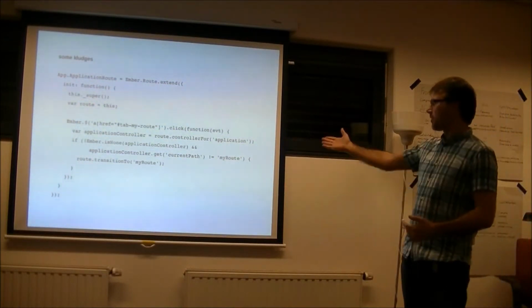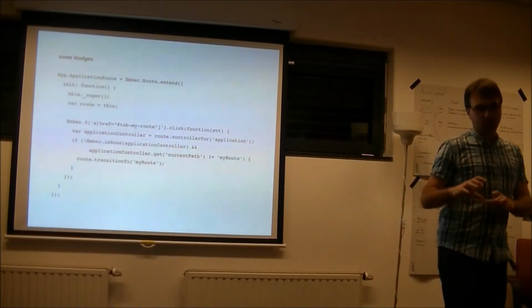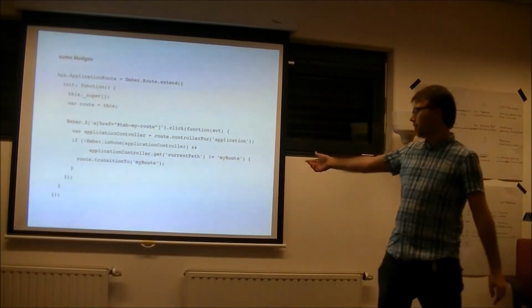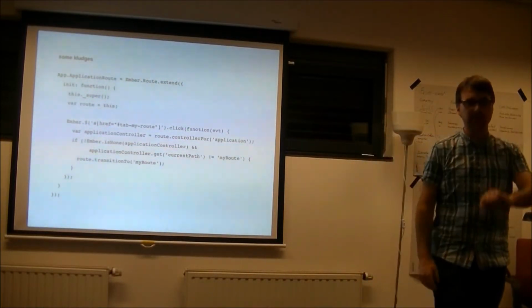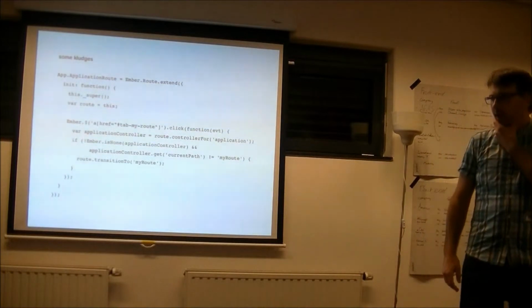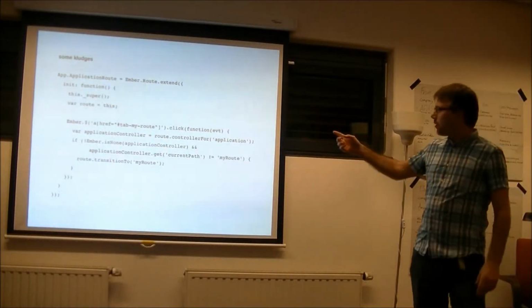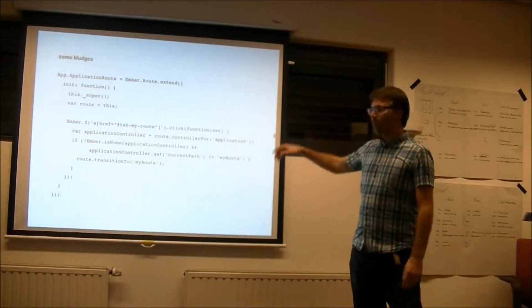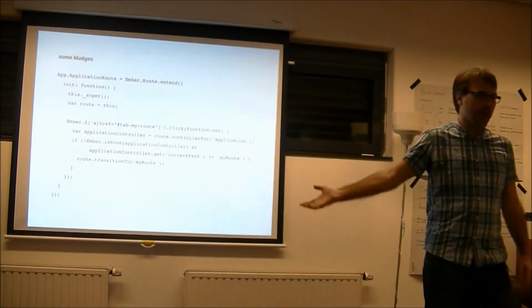So of course I need to activate my app, or the functionality of my app. I need to go to my route when a user clicks on the tab element. I just cut and pasted this from code that I use, and